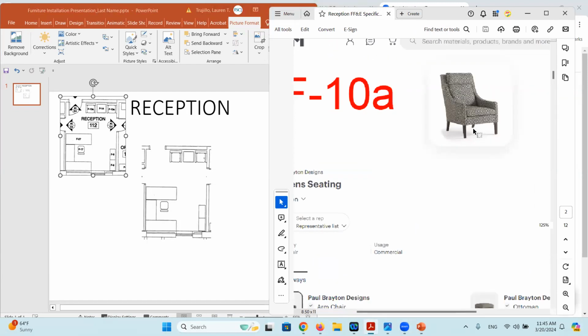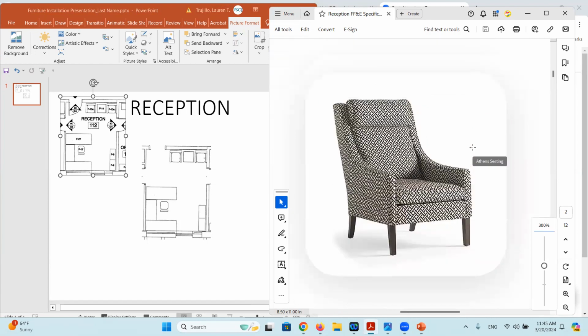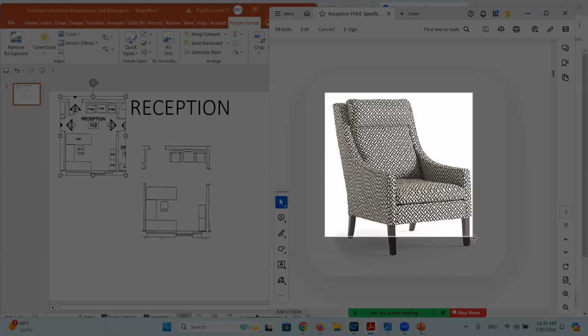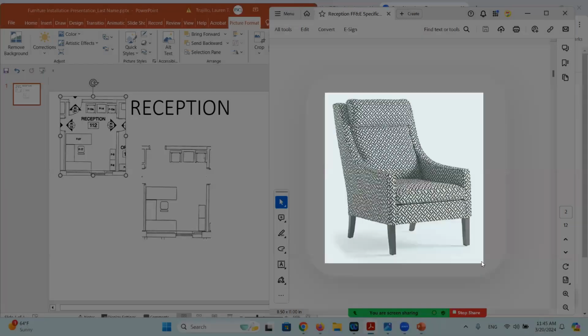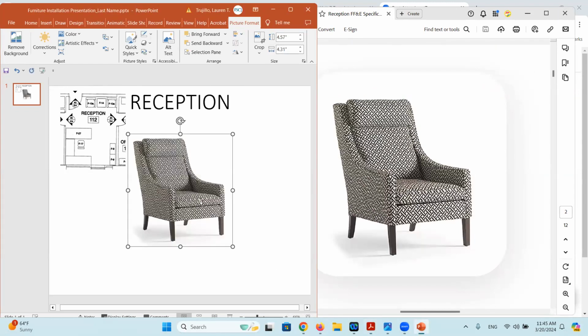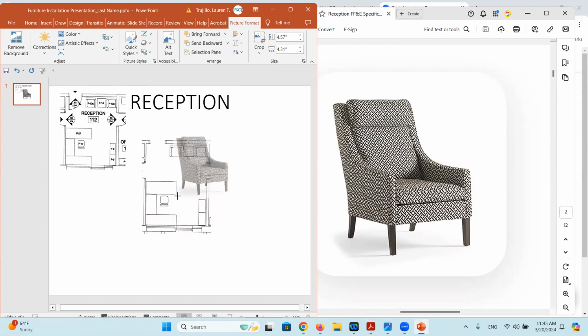So what I will do to help our case here is zoom in a little bit, and then I'm going to take a screenshot. For me, I hit my print screen button on my keyboard, and then I can select the image, and then I click where I want to place it, and I hit Control V. Now I'm going to resize it here, and I'm going to put it right here.